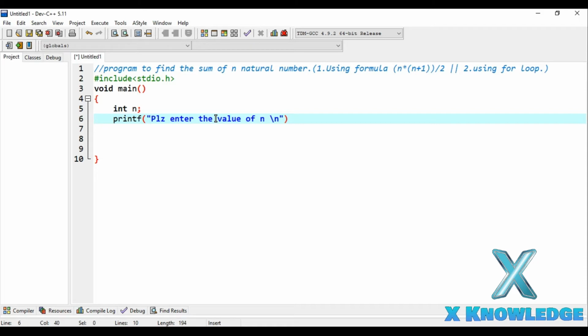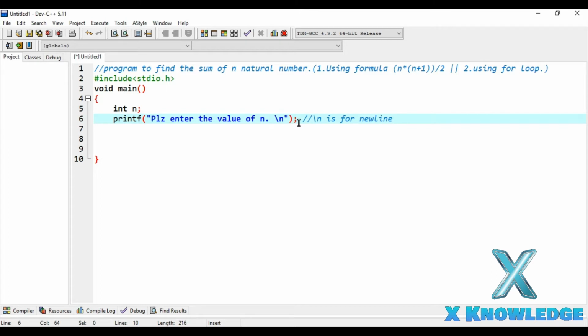What this \n will do is that after printing this line, on the output screen the cursor will move to the next line. Let me comment it: \n is for new line.